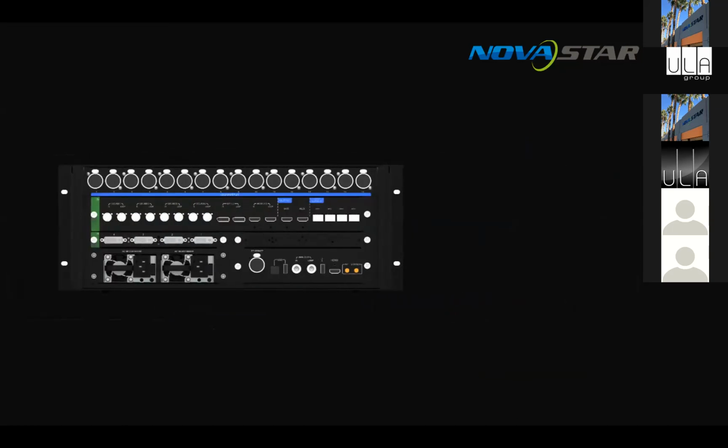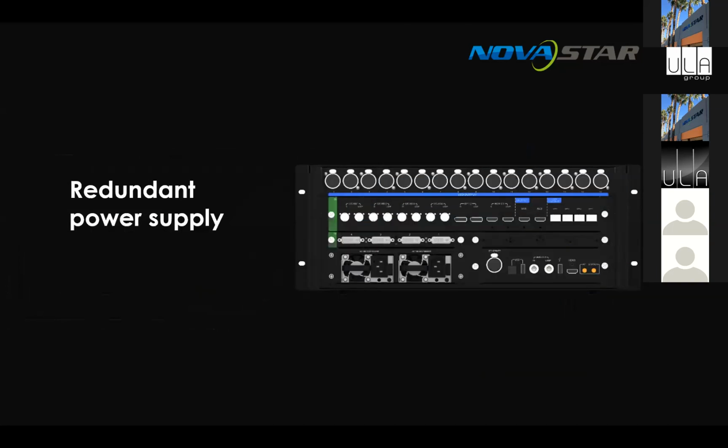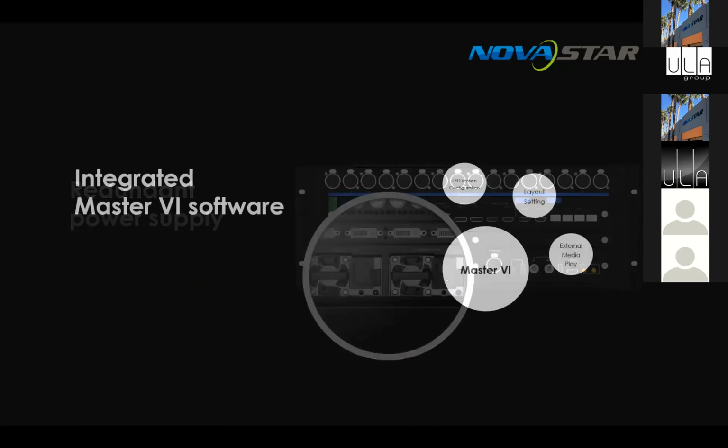Obviously it's got 4K control, as well as 4K fiber backup. So realistically, you can sit this at the point where all your video sources are and then run fiber to your extender to your screen location. So yeah, it's good. It's also got a redundant power supply, which comes as standard with this unit, and it also ships in a flight case as standard. So it's really designed for the event market.